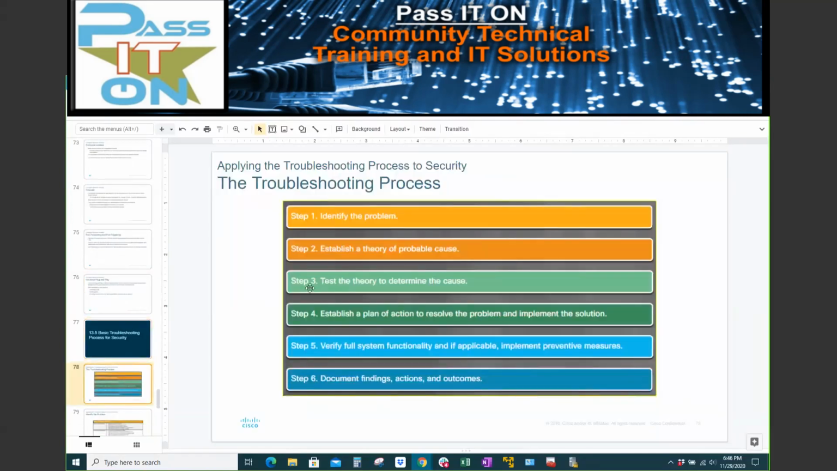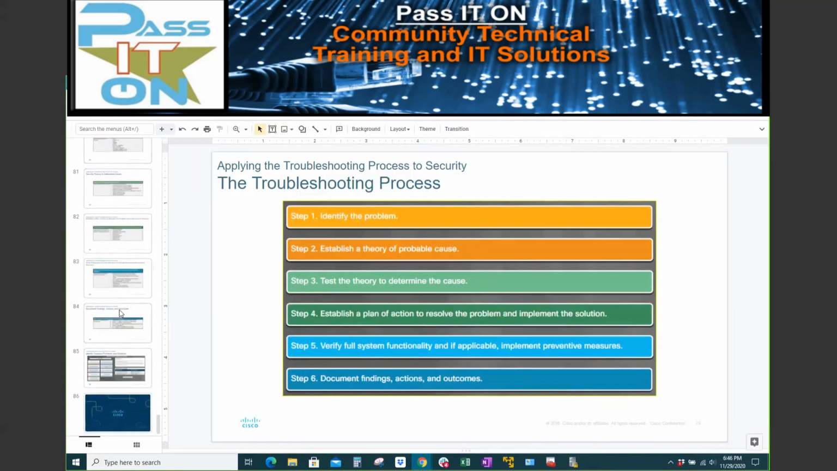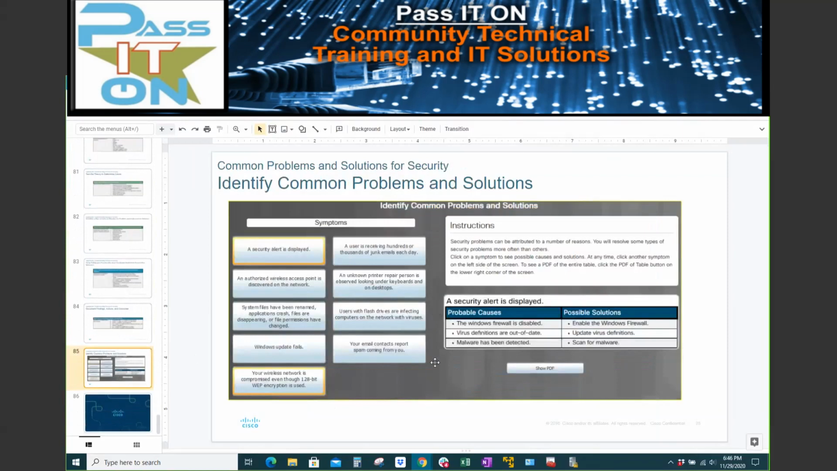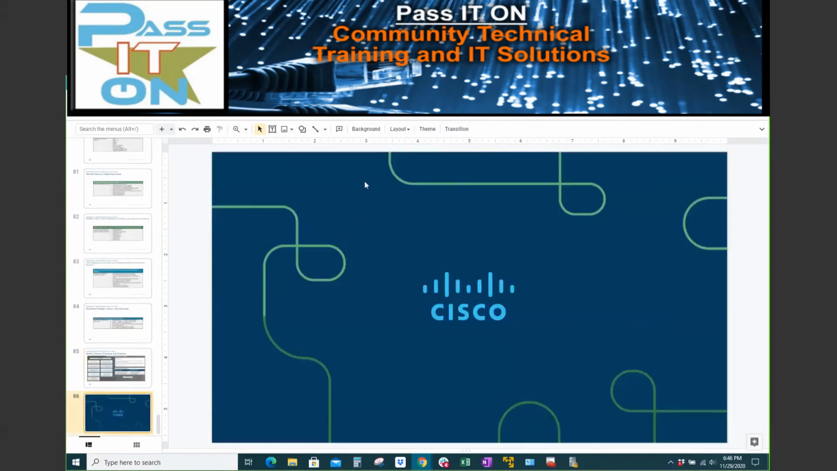All right, so basic troubleshooting, again, are 6 steps. Go ahead through the tool in Netacad to see how to apply those troubleshooting techniques. Let's